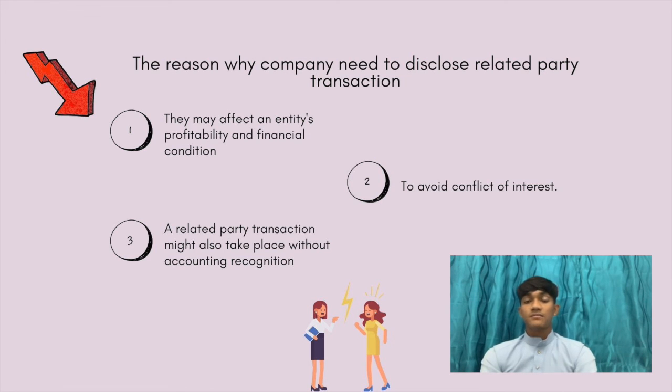Related party transactions may occasionally need to be approved by the board of directors or management. In short, these transactions have diminished competitiveness in the market. Lastly, a related party transaction might also take place without accounting recognition. An entity might, for instance, obtain free services from a connected party without recording that fact, while not offering accounting or measurement guidelines for such transactions. This nevertheless necessitates disclosure of such transactions.